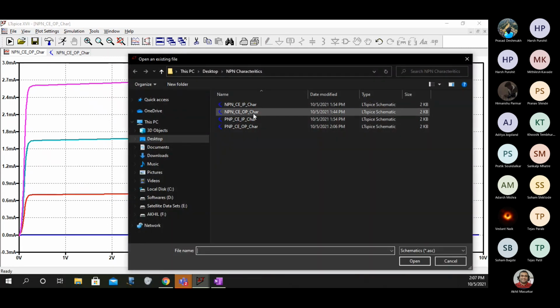I'll open this. So we'll try and compare that. See, experimentation is all about comparisons. Unless you really do that, it's of no use.